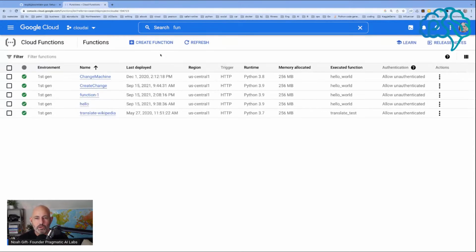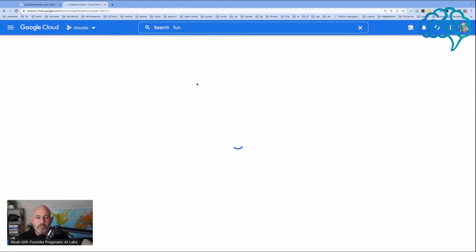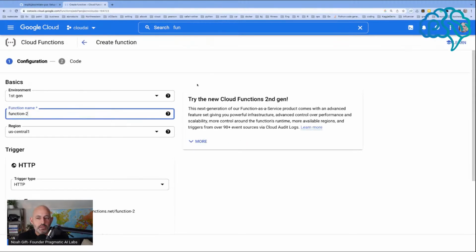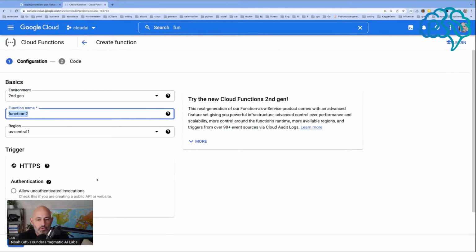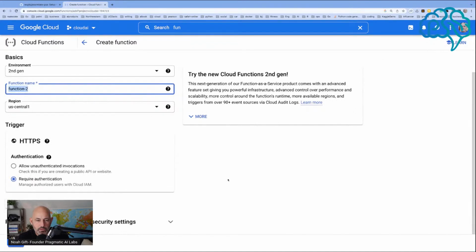What's pretty slick about Cloud Functions is that you can really build out stuff very, very simply. Look, we see here there's a new version of Function as a Service with an advanced feature set with all kinds of really cool, wow, 90 event sources. Holy smokes. Well, let's do Gen 2, and we're going to try to build